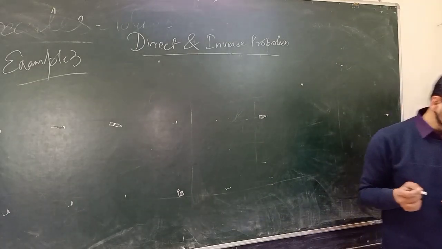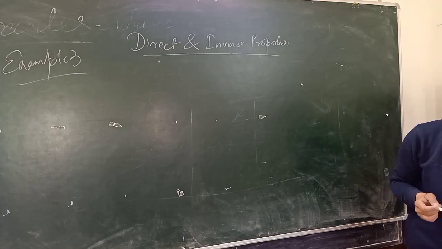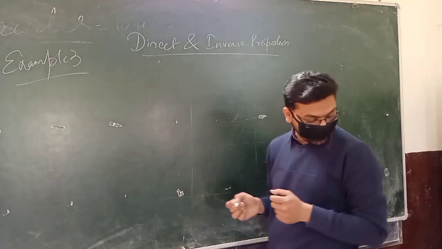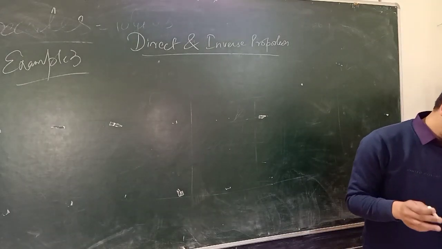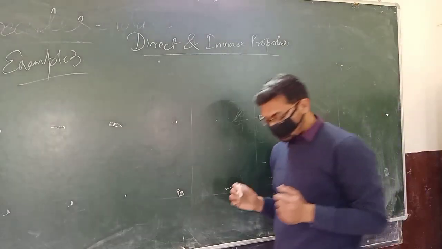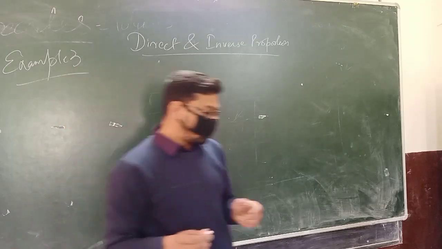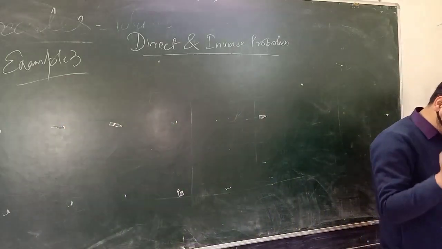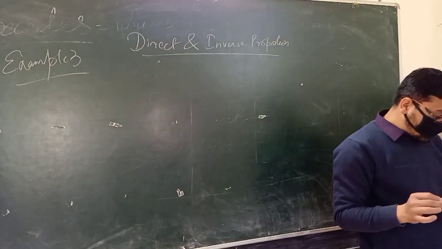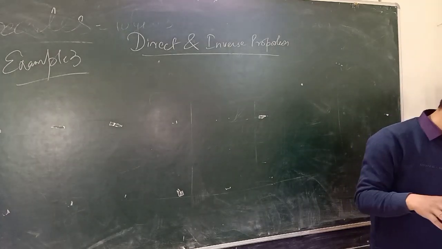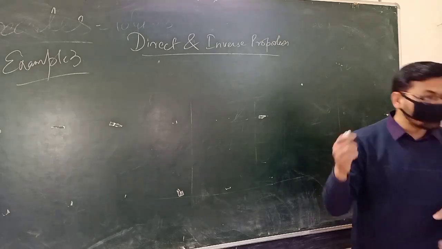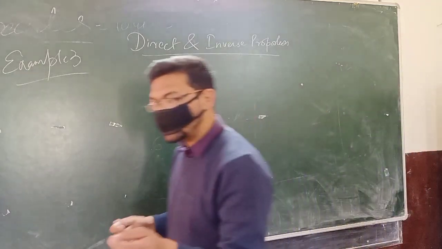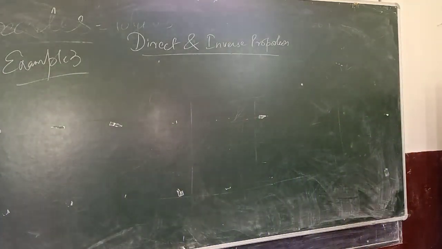चलिए. The example says, if the weight of 12 sheets of thick paper is 40 grams, then how many sheets of the same paper would weigh 2.5 kgs? Before starting that question, can anyone tell me what is the relation, direct or inverse, between weight of sheets and number of sheets? What is the relation between this question?